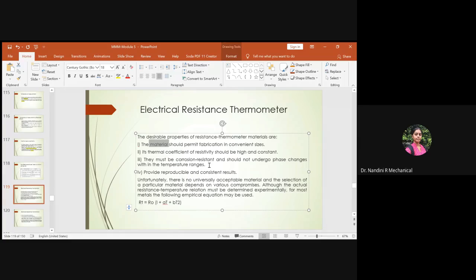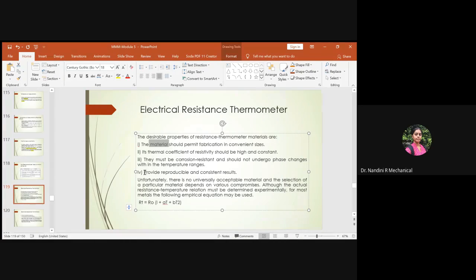It is not necessary that the material you select will have all these properties. With a single material, sometimes it is difficult. So in that case you have to combine more than one material together such that the required functional properties for devising the thermometer are achieved. And all the properties cannot be achieved at the physical state. Sometimes some reaction has to take place. For that, some annealing treatment has to be given, so that the list of properties needed for devising a product will be achieved. I'm telling this in general.